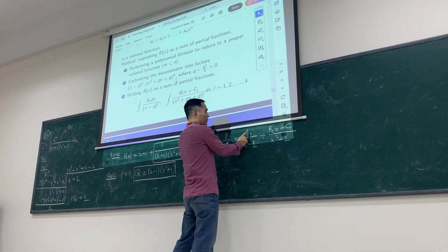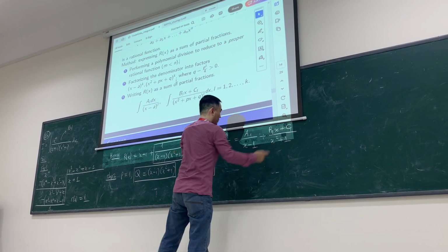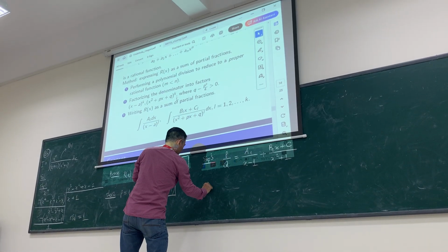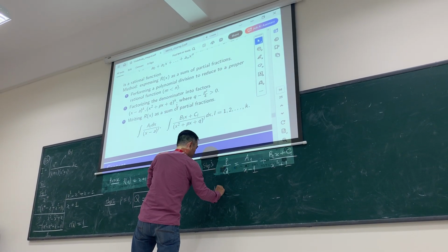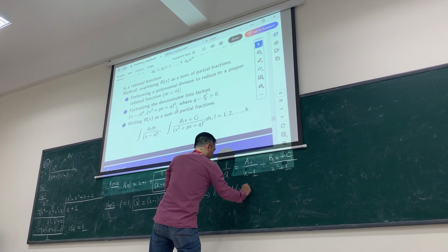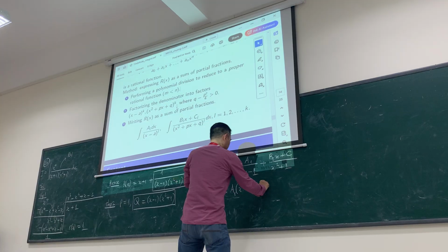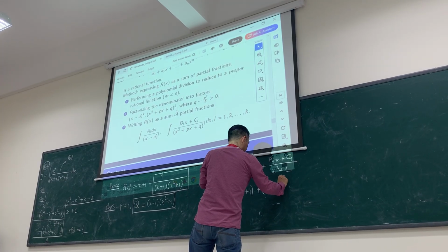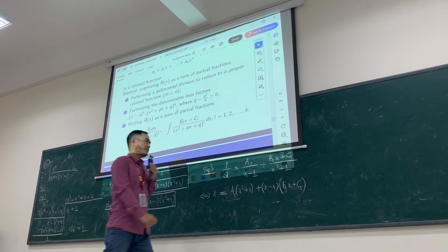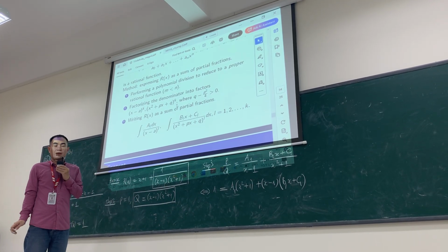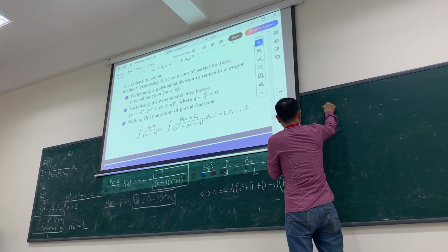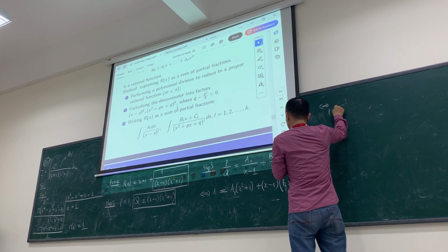Okay, now we want to find A1, B1, and C1. From the equation, equivalent to what? 1 is equal to A1 times (x squared plus 1) plus (x minus 1) times (B1x plus C1). We can derive that 1 is equal to